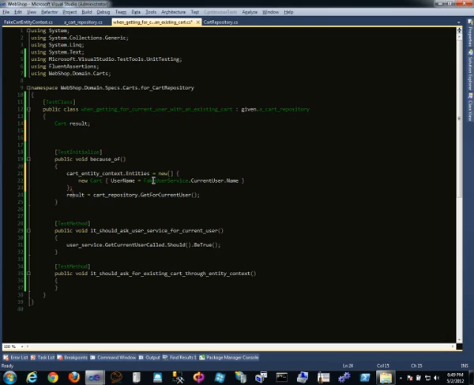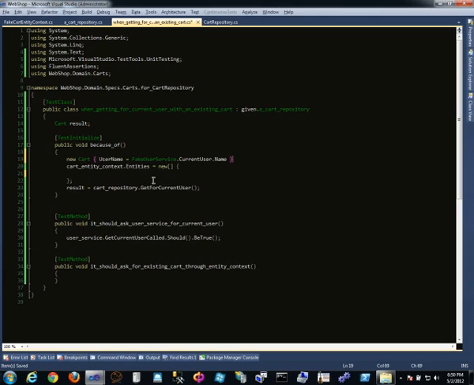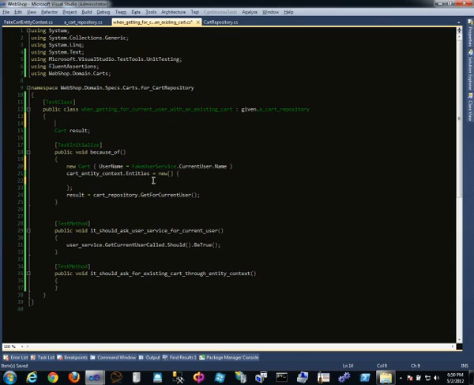So what we can now do is put up some expectations for this. So if we store that cart, this is our expected cart,